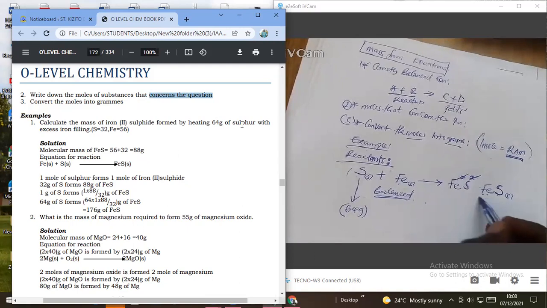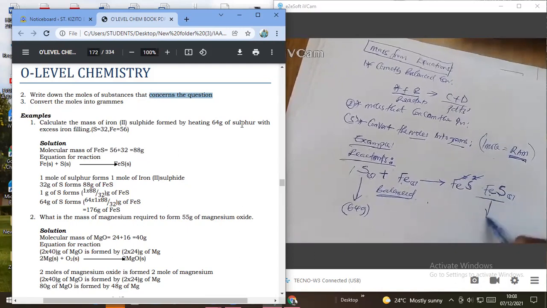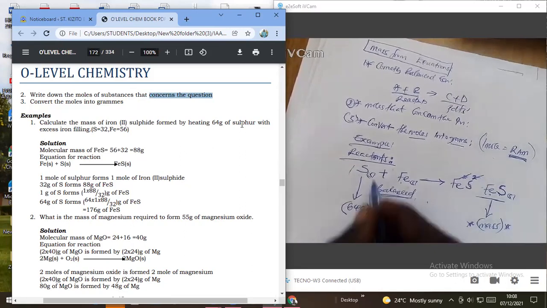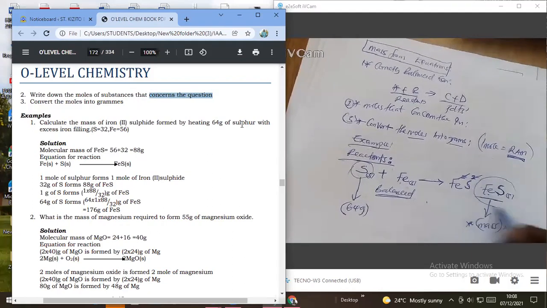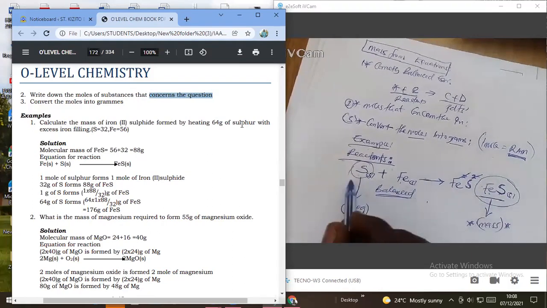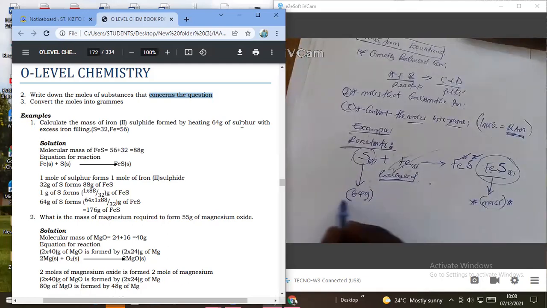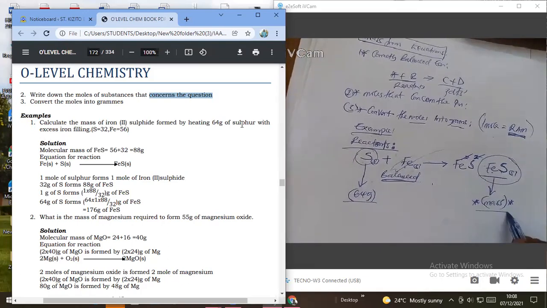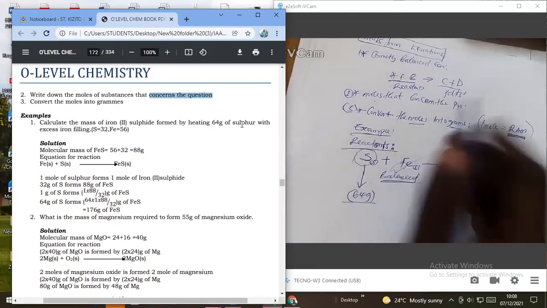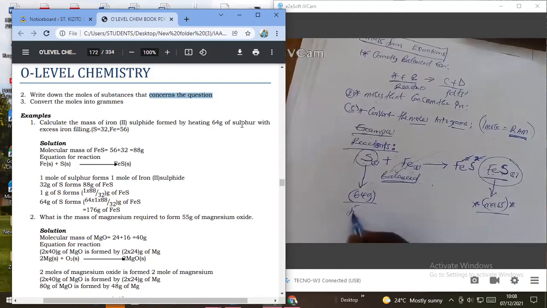And they want the mass of what? Iron sulfide, isn't it? Yes. So the two things that concern our question are the sulfur and the iron sulfide. The rest, which is not involved, leave them out, like iron. So we are going to start with writing this. Write the number of moles that concerns the equation. From our equation, you say from the equation,